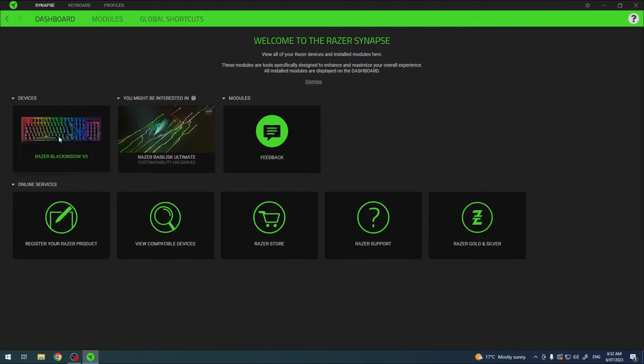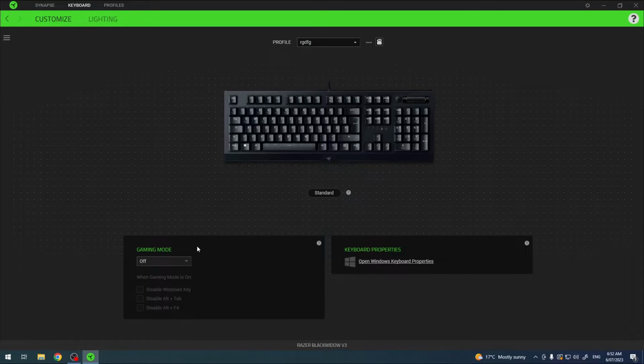Now click on Razer Blackwidow V3 in the dashboard, and then when you scroll down or open this app in full window, in full screen, you can see the game mode in the customize set. Then we can enable it in games, so that means it will launch automatically with any game. Always on will turn it on in the